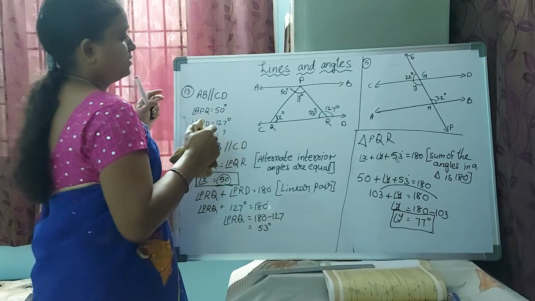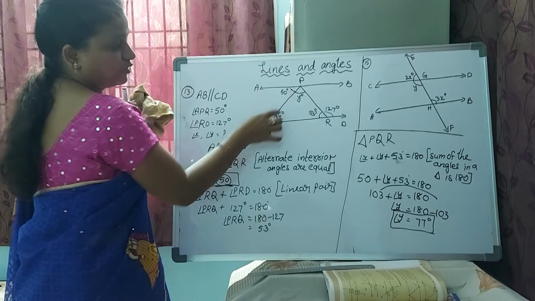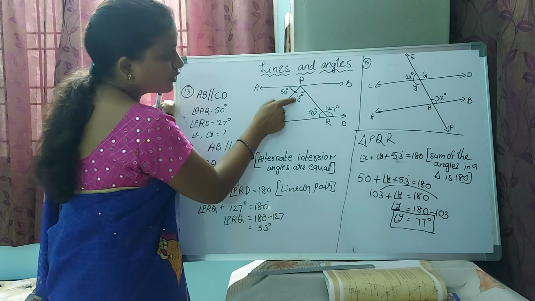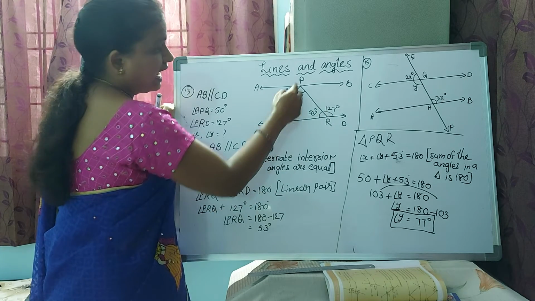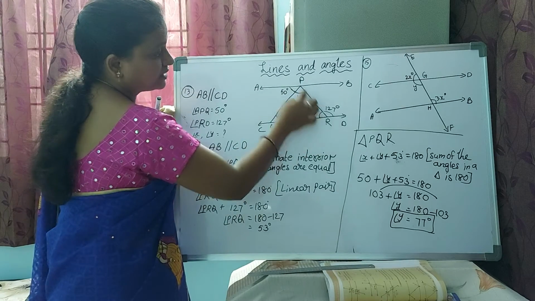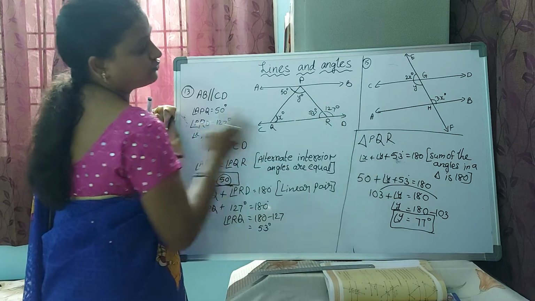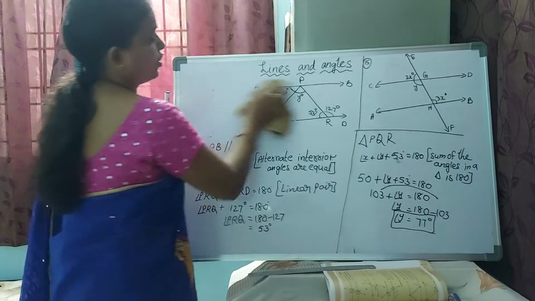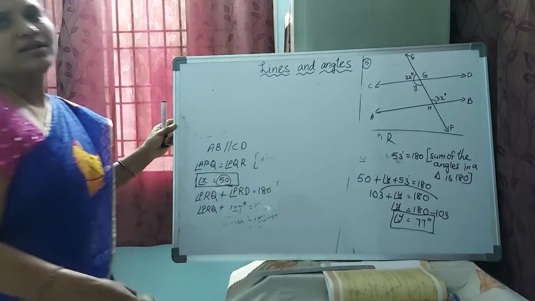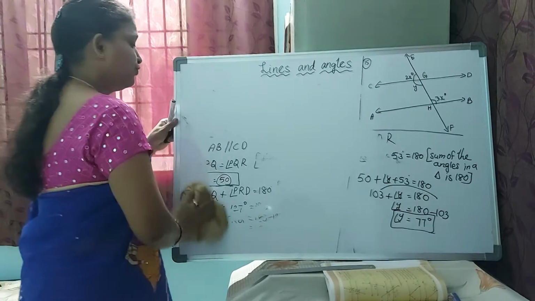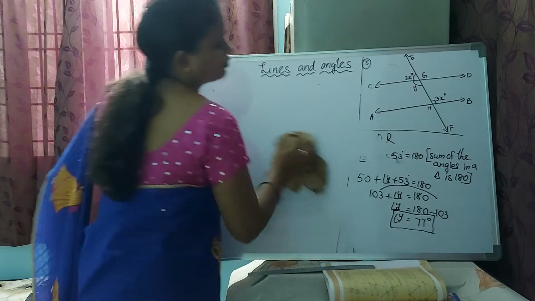See this one. First, these two are parallel lines, so alternate interior angles are equal. That's why we got this. Before finding y, first I used the linear pair to find this angle, and I took this triangle. In this triangle the sum of the three angles is 180. I know this one and this one, so I found y that way. Next problem is the 15th one. All of these are related to two parallel lines and one transversal. If you know the four rules, you can easily do all these problems.